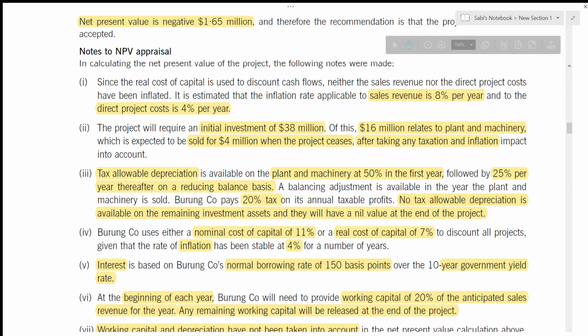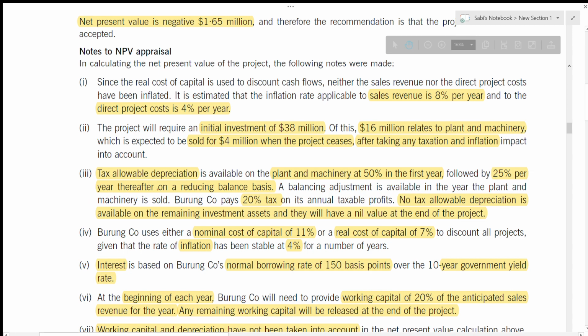You must know tax allowable depreciation is available on the plant and machinery at 50% in the first year. That means tax allowable depreciation on plant and machinery. What is the amount of plant and machinery? Just check your second note. 16 million relates to plant and machinery. So out of that 50%, that means 8 million will be the tax allowable depreciation for the first year. Now let's see what it is for the other years, 2, 3 and 4,